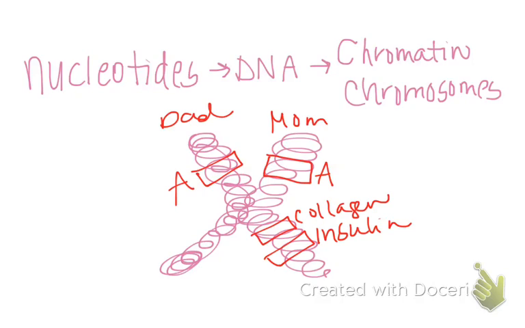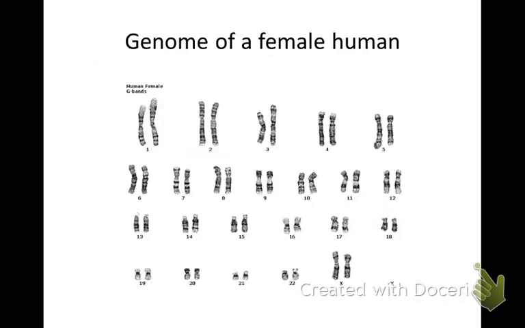Okay, so a gene is a unit of hereditary information in the form of DNA. Most genes code for a protein or an enzyme. And that's what DNA is. It's the instructions to make proteins, right? But you already know that. DNA makes proteins.